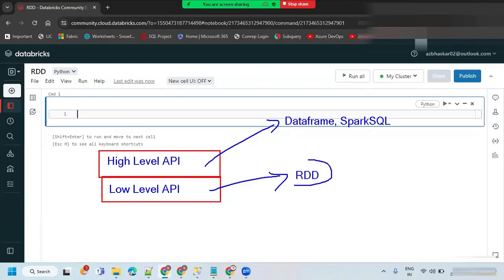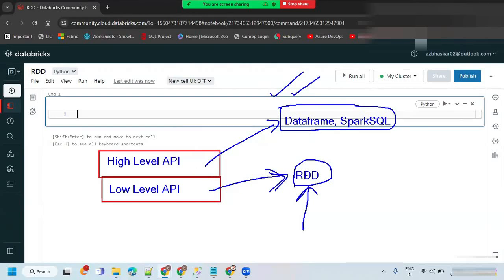But this is also important if we have any projects existing with legacy systems. If you have projects with legacy systems, then you need to know how to use RDD also. And one more thing: the high level APIs are not going to help us handle unstructured data. You can handle semi-structured and structured data to transform the data. If you have unstructured data, then 100% you have to go for RDD only. RDD is useful, but in many places they are not giving training on RDDs.